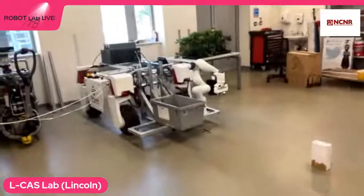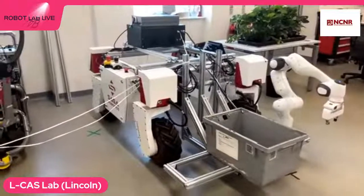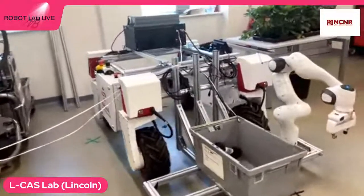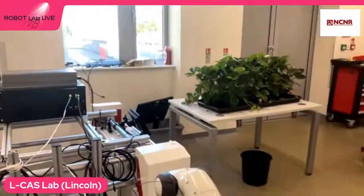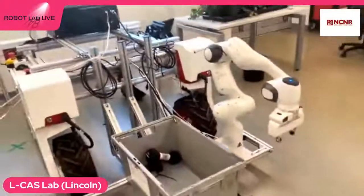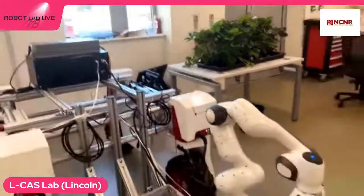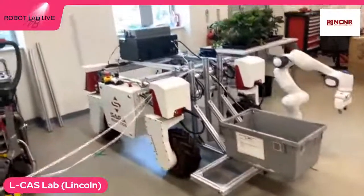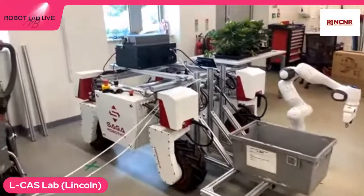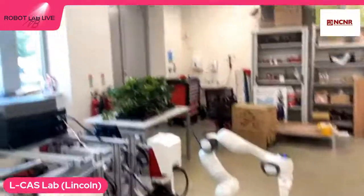This is the platform. Also, as you see, we've got a lot of crossover between what we're doing within the National Centre for Nuclear Robotics and our other main domain, which is agriculture. So the very similar platform, as you see here, has just been picking strawberries yesterday. So there's a lot of links between these different operations,